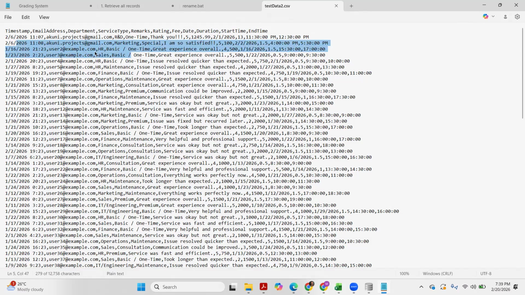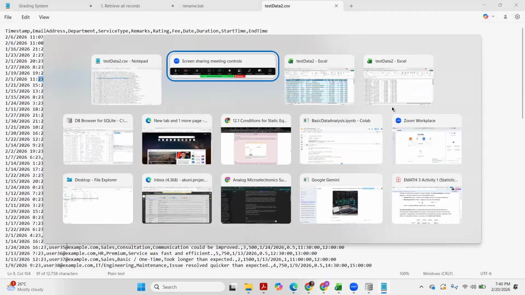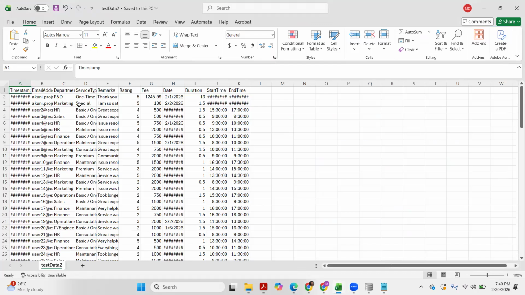CSV stands for comma separated values. The values, as you can see, are separated by commas, meaning once you see the comma, the next data will be stored in the next cell. These data are separated by commas.